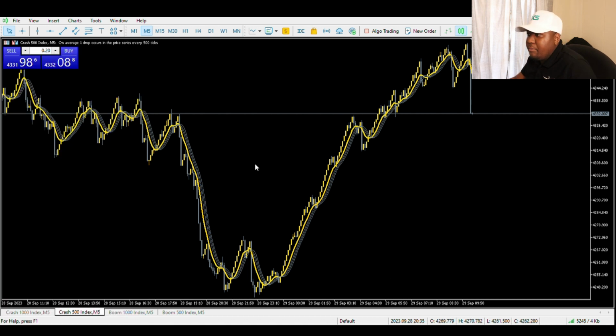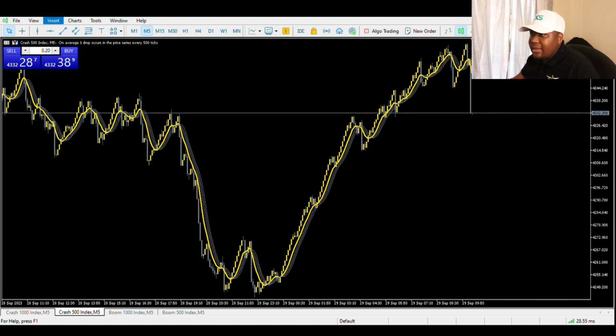So of course the main star of this is this gold one that supports the market, and of course I'm on Crash 500 here, so we buy most of the time, or you want to buy with the market rather than catching the spikes. It works both on the spikes as well as its actual market trend, but I'd rather advise that you guys trade with the trend rather than trading with the spikes, because as you can see, just before we go to making examples, let me just show you something here that I want you to take